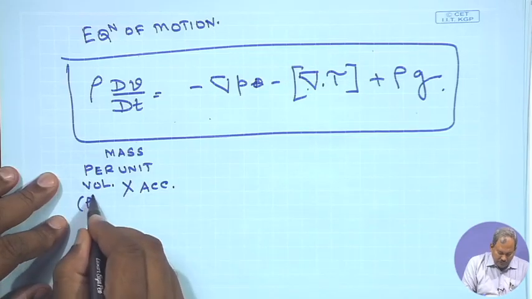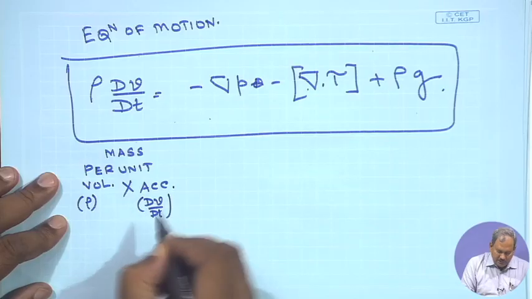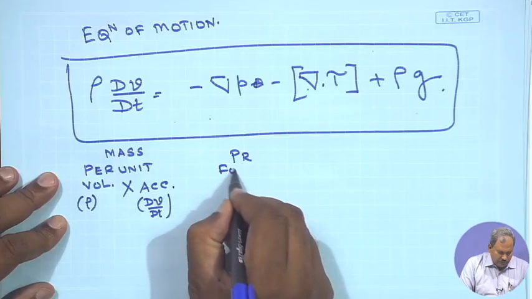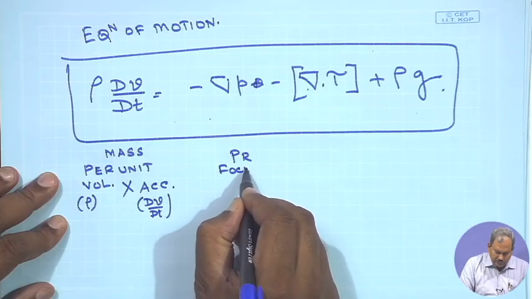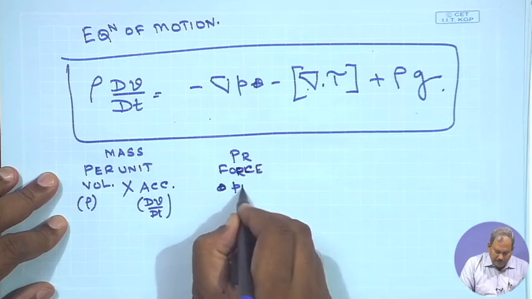So, this is rho and dv dt, where here this is pressure force per unit volume,